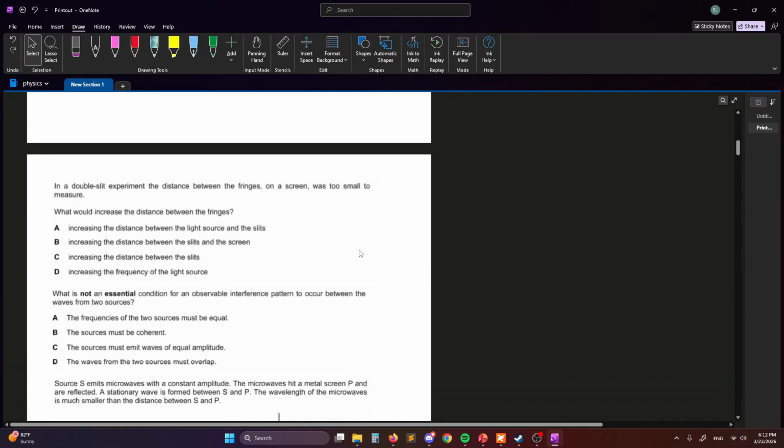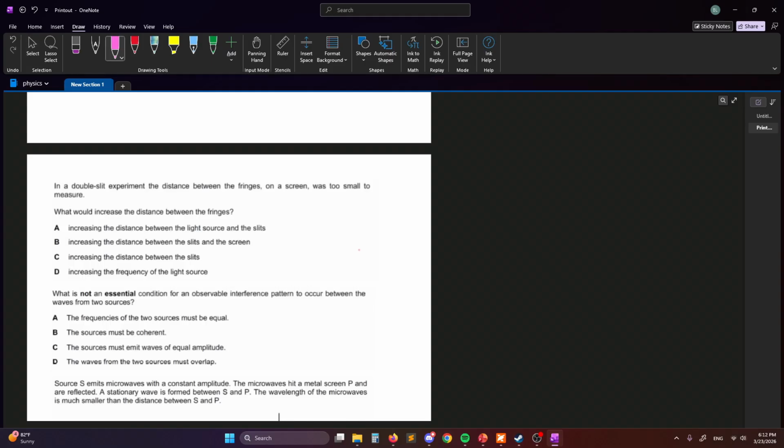In a double slit experiment, the distance between the fringes on a screen was too small to measure. What would increase the distance between the fringes? So okay, a double slit, I'm pretty sure you have a wall, right? And then you have two slits, so it diffracts like this,